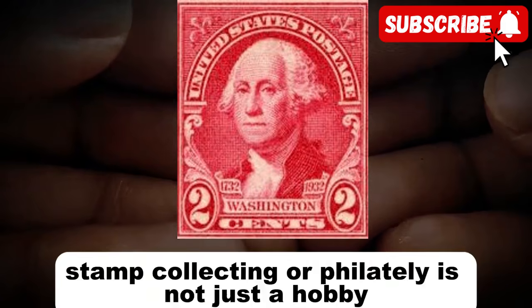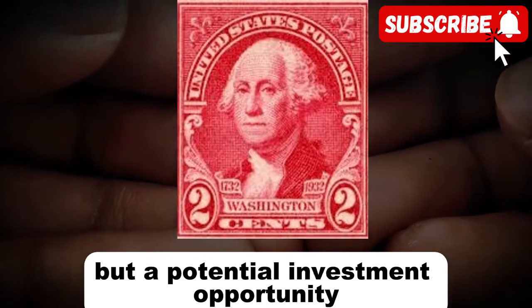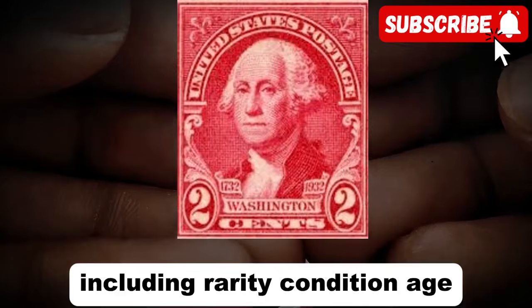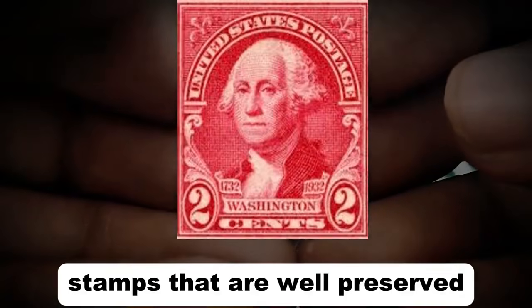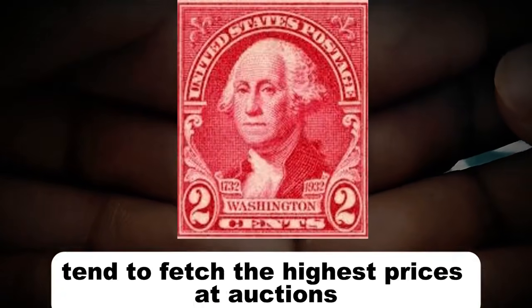To begin with, stamp collecting, or philately, is not just a hobby but a potential investment opportunity. The value of a stamp is determined by several factors including rarity, condition, age, historical significance, and demand. Stamps that are well preserved, feature printing errors, or were issued in limited quantities tend to fetch the highest prices